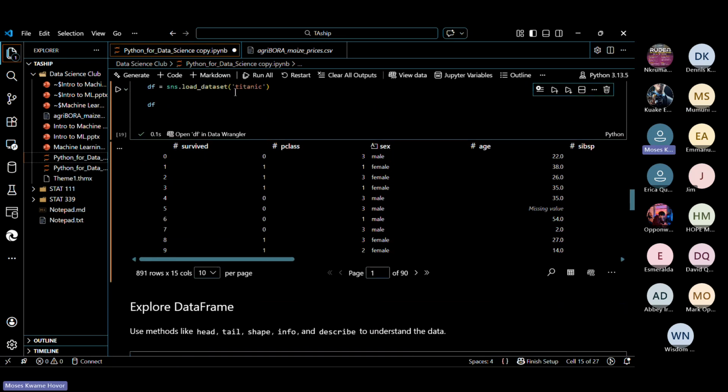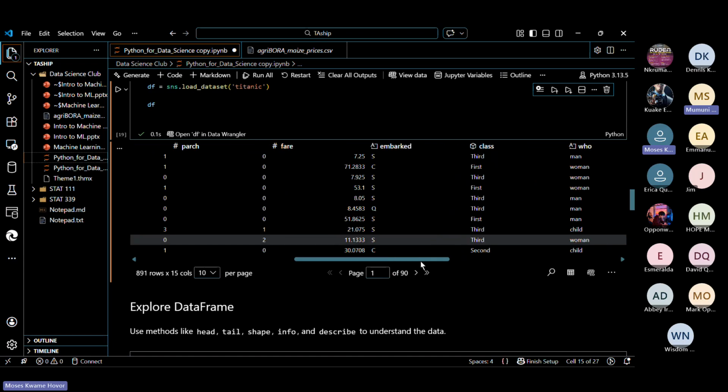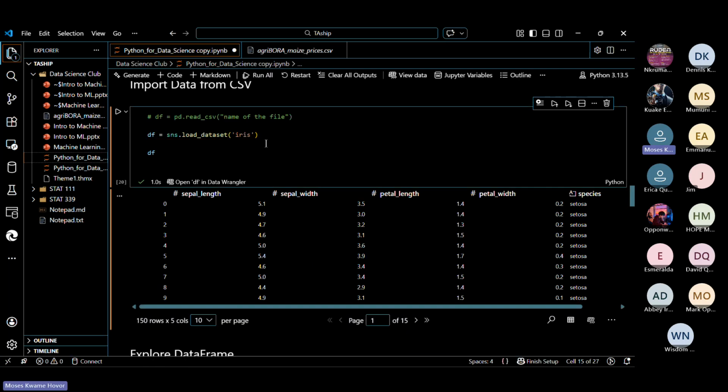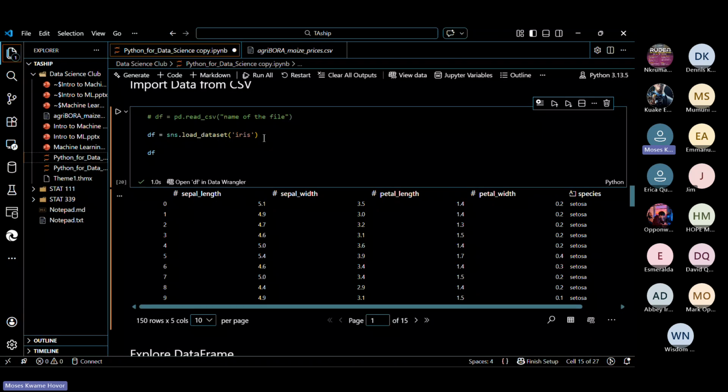In that dataset, we have survived, we have pclass. So this is the data that is showing here. But there are so many other datasets. I think there's one called Iris. Yes, Iris is also in sns. In that one we have the sepal length, sepal width. So you can do this to get the data in Python itself. I've answered your question, Mumini. Yes, please, thank you. You're welcome.